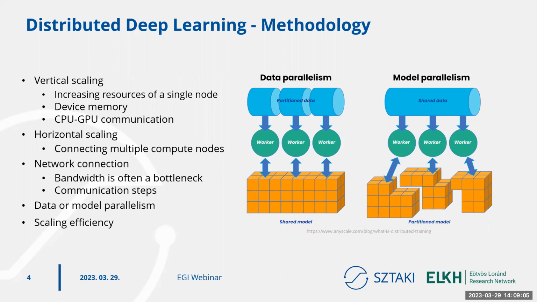And so another solution that helped us a lot with accelerating the training is actually using multiple of these computation machines in parallel, which we refer to as horizontal scaling. In this case, we basically connect multiple compute nodes. These are typically homogeneous. And we connect them using a network connection,